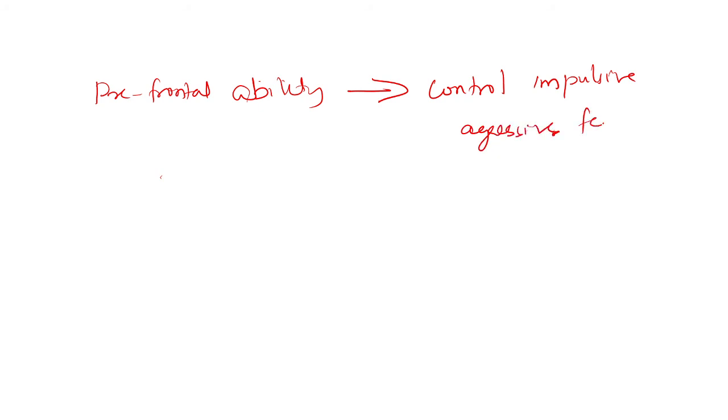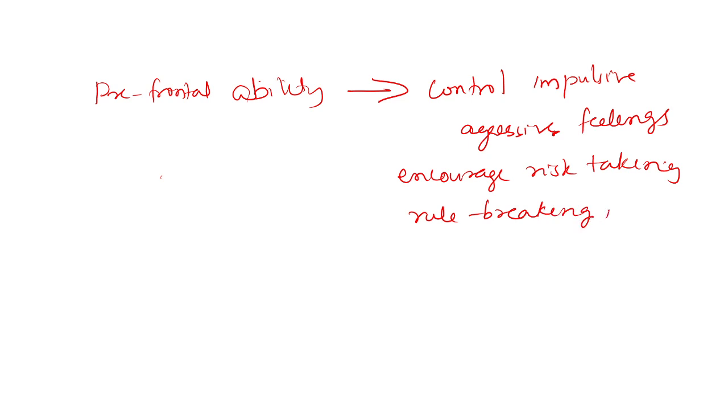Prefrontal damage is thought to limit the ability to control impulsive, aggressive feelings, encouraging risk taking, rule breaking, emotional and aggressive outbursts,